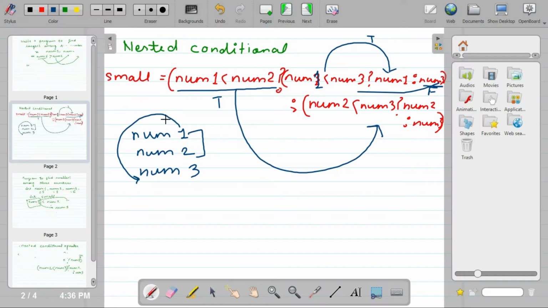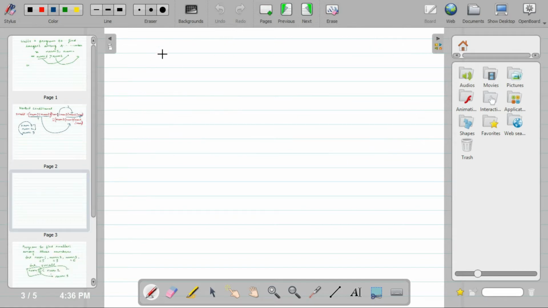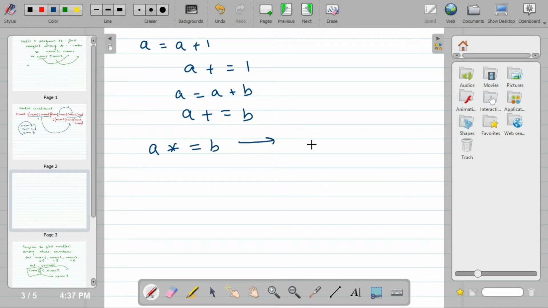For example, if I want to write A = A + 1, I can write A += 1. If you want to write A = A + B, you can write A += B. If I write A *= B in shorthand notation, this is called a shorthand operator.